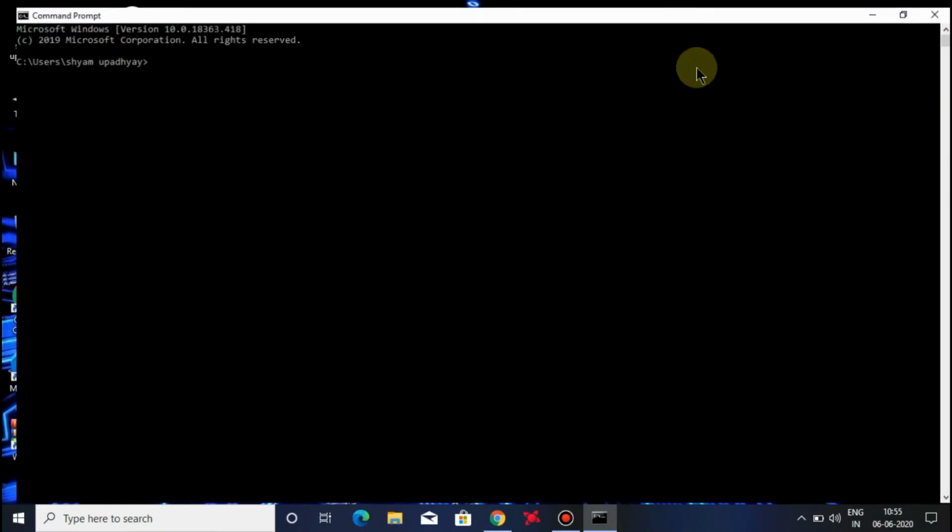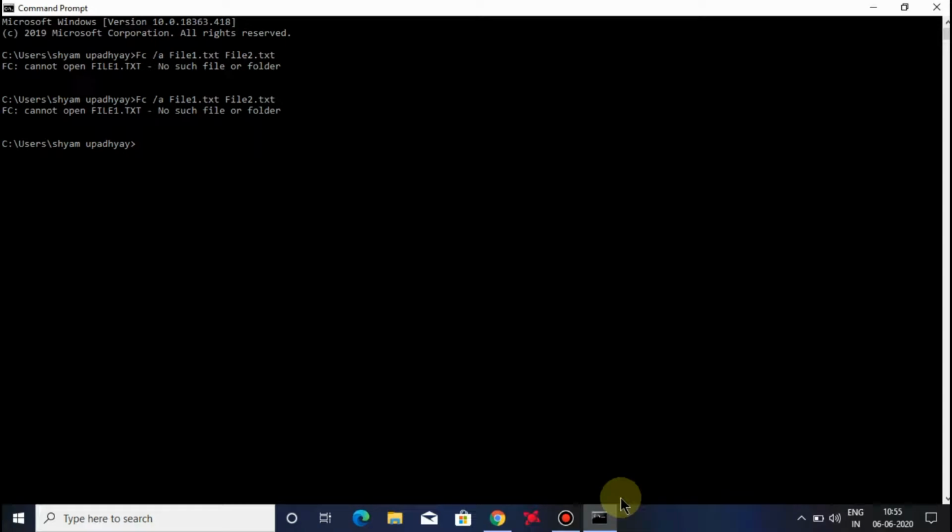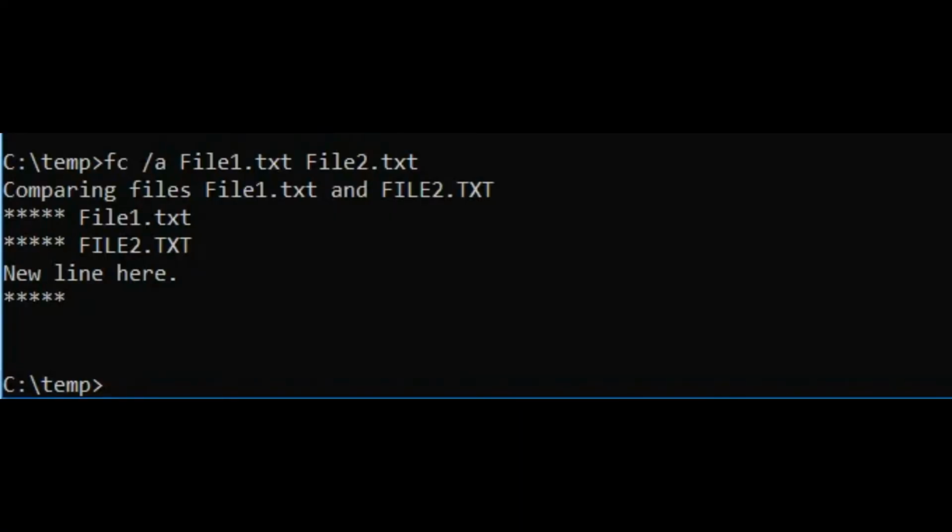Number 2. FC, file compare. Sometimes when files are changed over time, it's hard to remember what the differences were between versions. You may not know that CMD commands offer the ability to compare files and see all differences, but it's true. The FC command performs either an ASCII or a binary file comparison and will list all of the differences that it finds. fc /a file1.txt file2.txt will compare two ASCII files. fc /b picture1.jpg picture2.jpg will do a binary compare on two images.